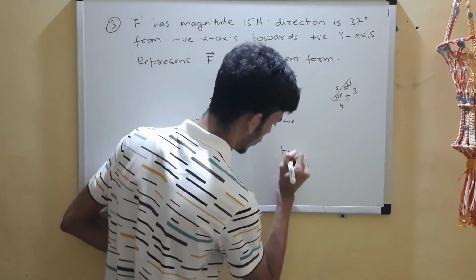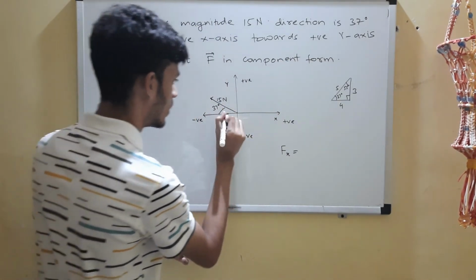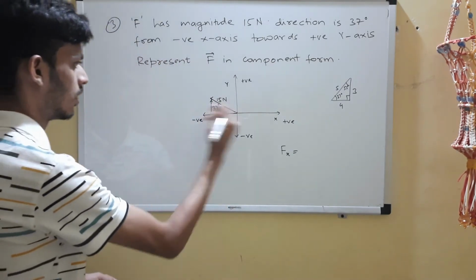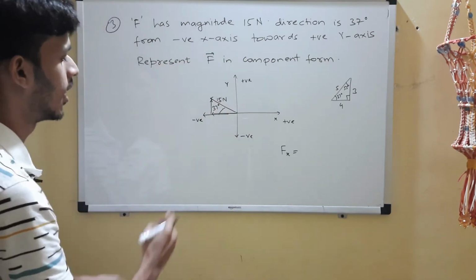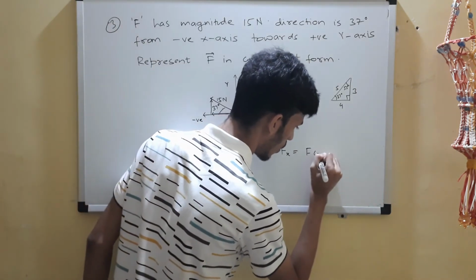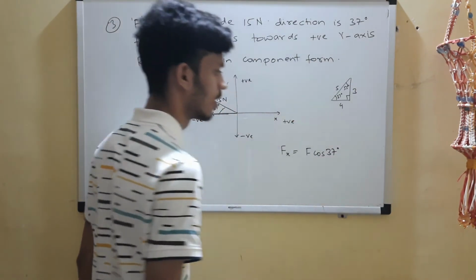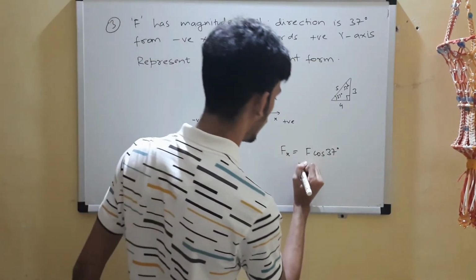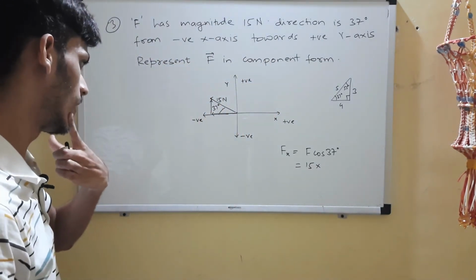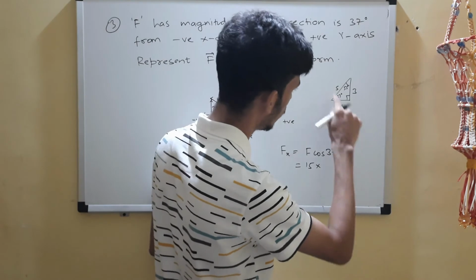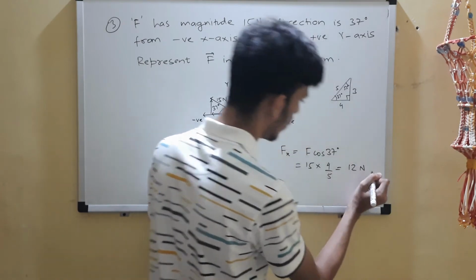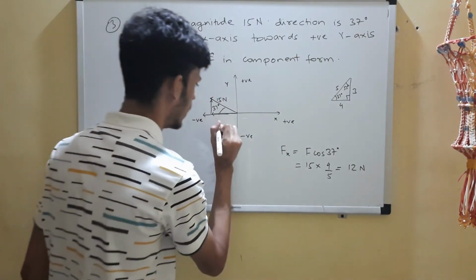So what will be along the horizontal? Fx, right? Now draw it according to the triangle law. The resultant, you just break it into two components. The horizontal will be given by F cos 37, the magnitude times cos 37. So magnitude is 15 of that vector, and cos 37, from here you can get it, 4 by 5. 5 3s and 3 4s gives you 12 newtons. Okay, you got the magnitude, you know it's the negative x direction.